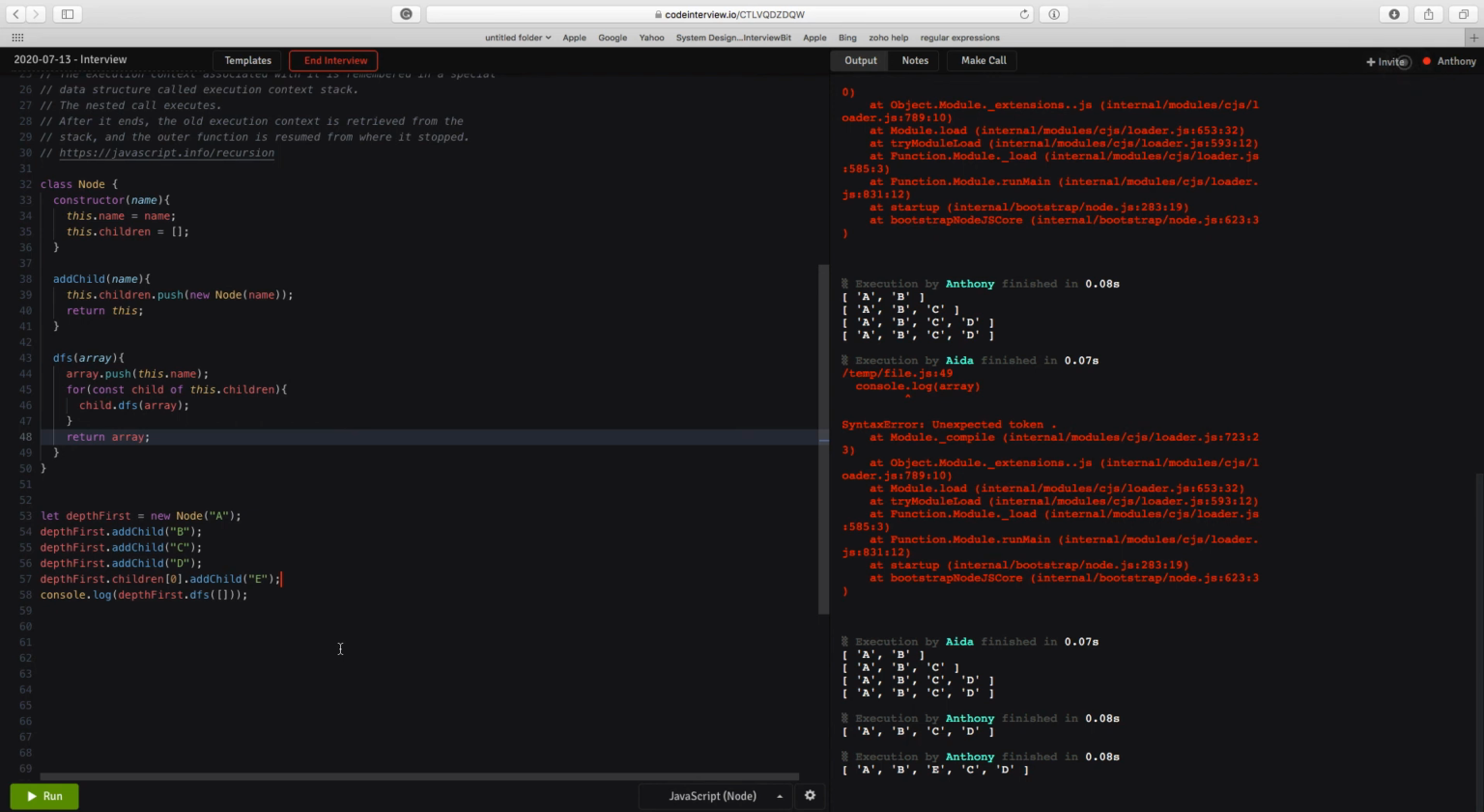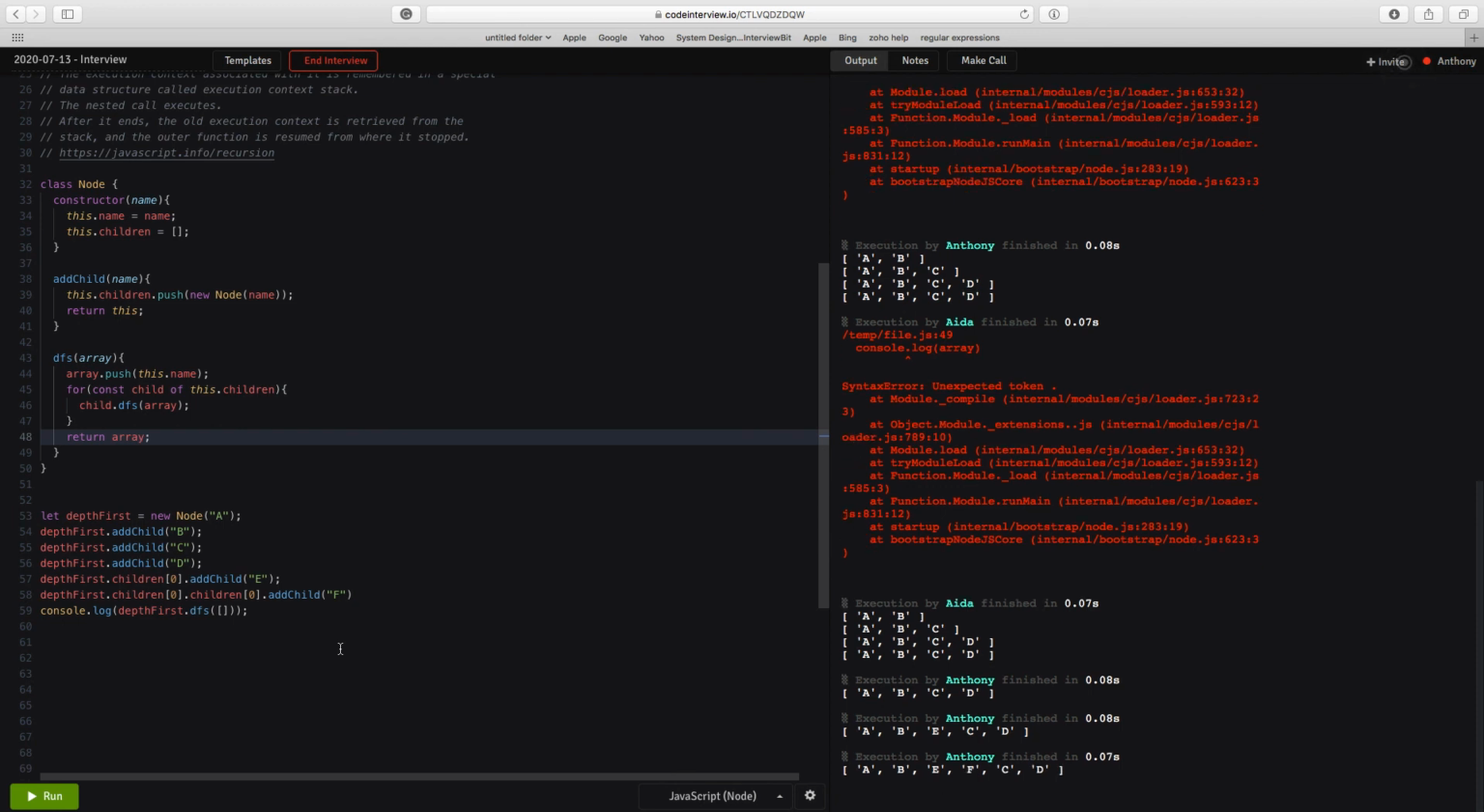So if we wanted to add, let's do dot children 0 dot children 0 add child, say F. Yeah, it's working. I think that illustrates